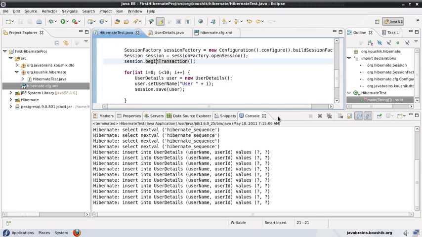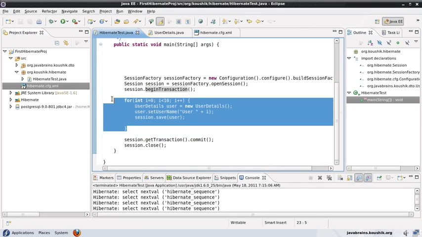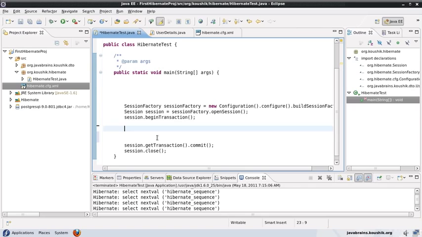Okay, so now that the create is done, let's see how to fetch it. So let me remove this now that we have the tables and the data. I don't need to create it. Now let me fetch the data here. So I will do a session dot get. Now I need to specify two arguments here. We've already seen this, but just to recap, in order to get any object from the database, I need to specify two arguments. One is the class of the object that we're trying to get. Here it's a user details class, so I need to specify user details dot class, and the second argument is